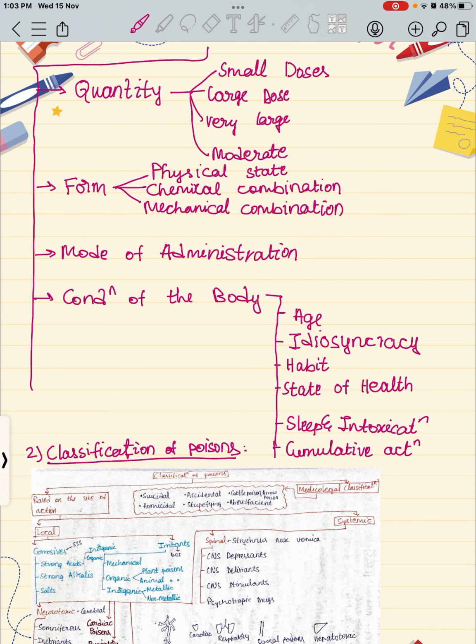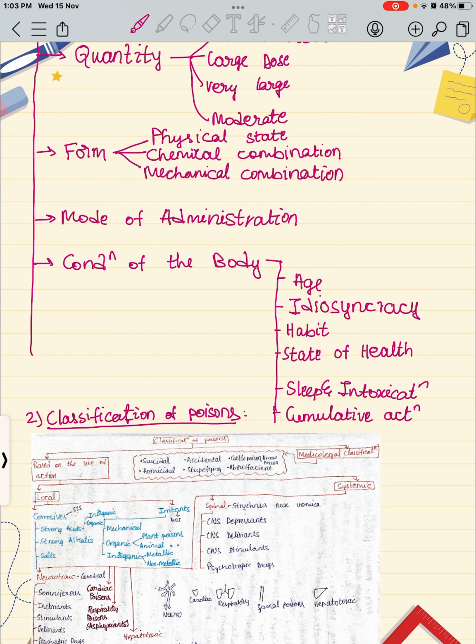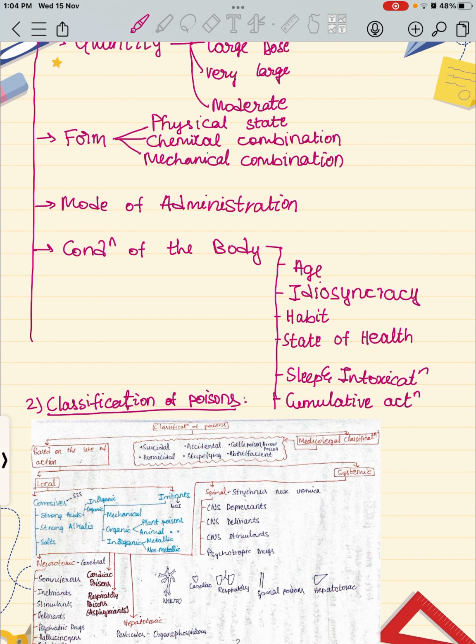State of health. How state of health affects the mode of action of poison. A healthy person tolerates poison better than a diseased person. An ordinary safe dose can cause death in a person suffering from a chronic disease, which means if there are two persons,